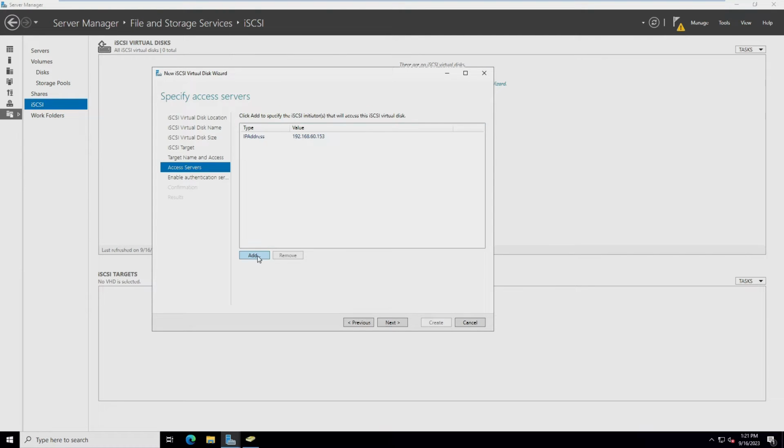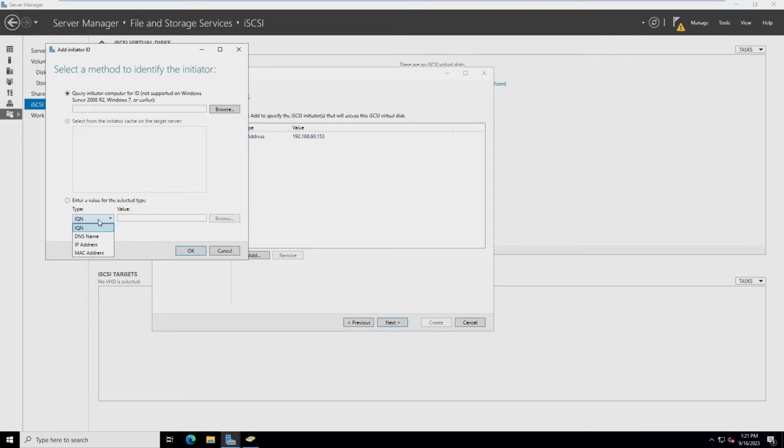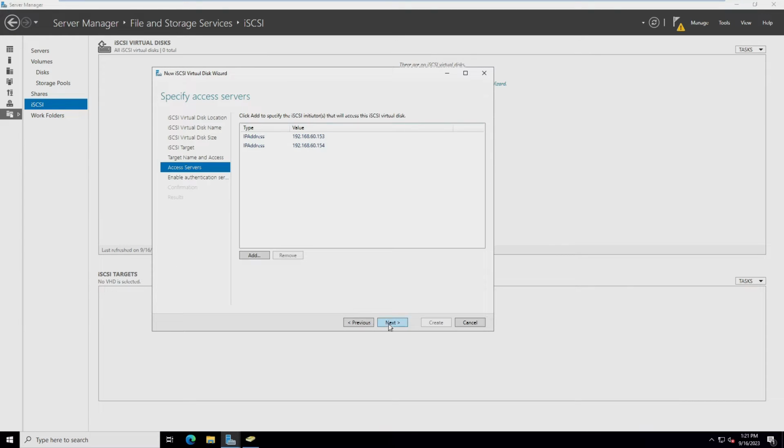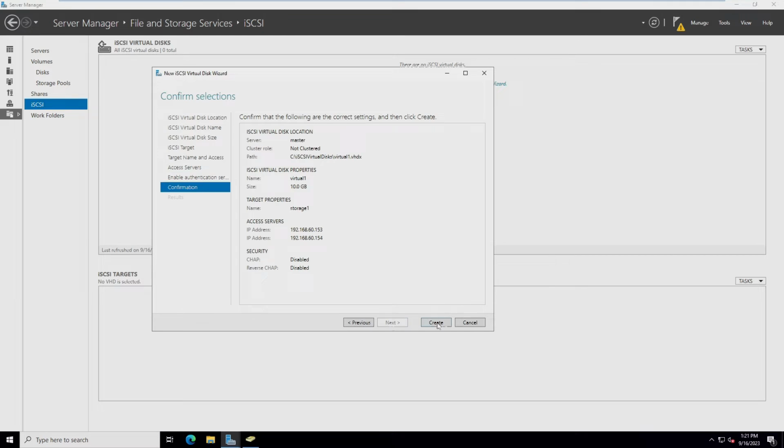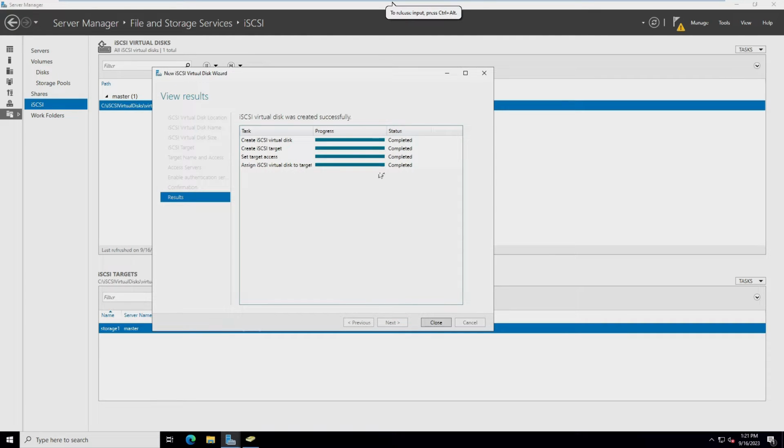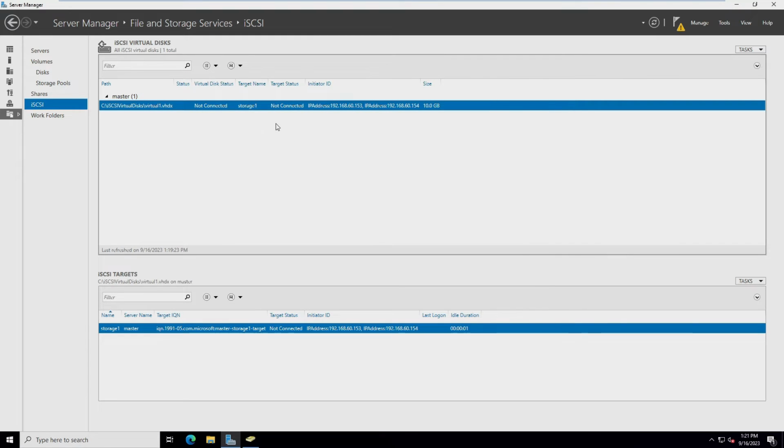Click OK, add again, and go to the IP address and type here the address of node 2, okay, 192.168.60.154. Click OK and click next and create it. Now we have created the virtual disk, okay, and I'm going to create one more disk. Go to the task and new iSCSI virtual disk